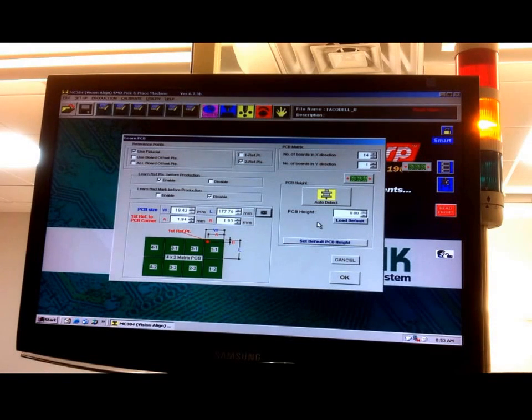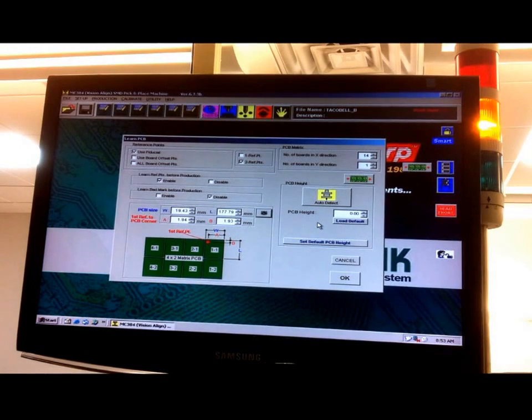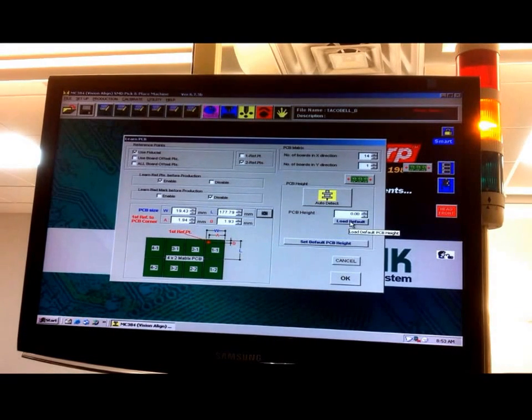If you already used a board with the same thickness before, and you know the exact thickness of the board, you can go and say load default. This is the default height which I had for the previous board, and if I know this board and the board which I used previously are the same in thickness, then I can use the same height. But anyway, I'll show you how to check the height if you have to do it